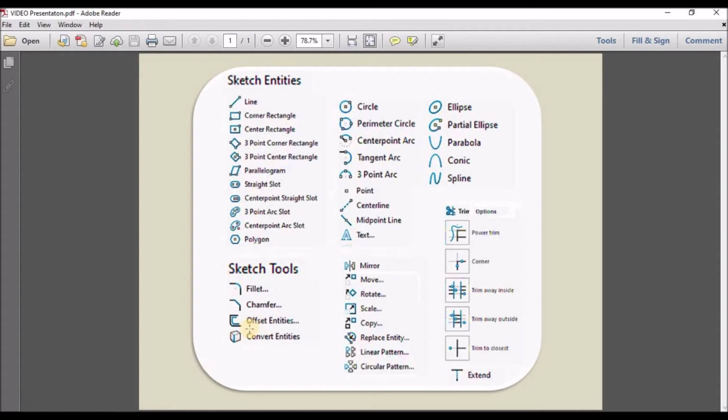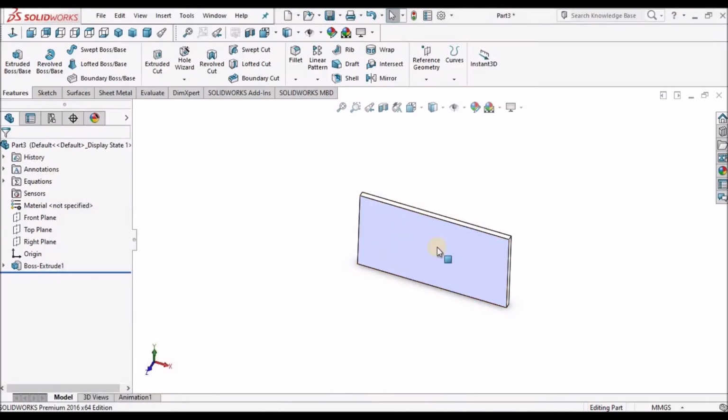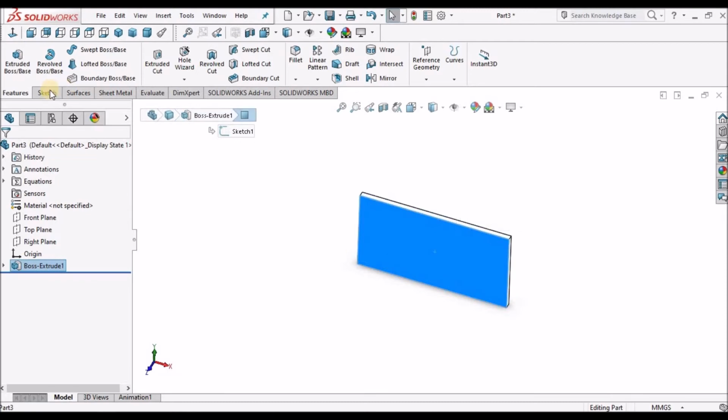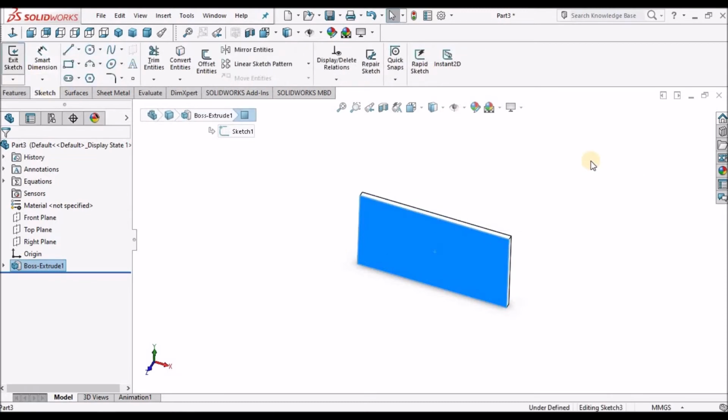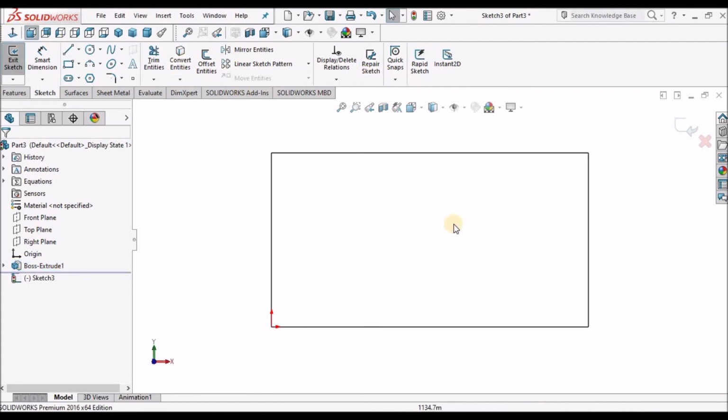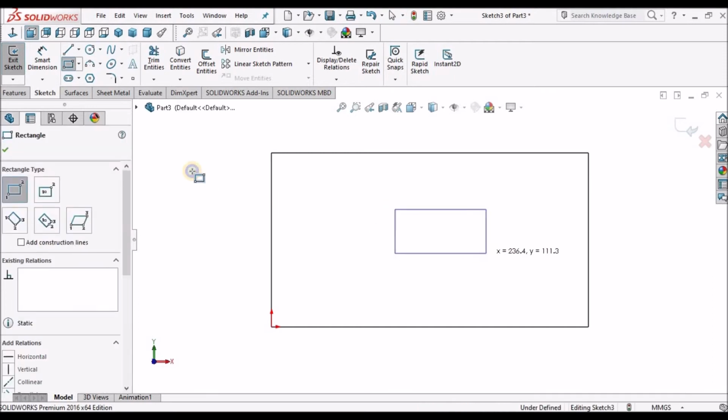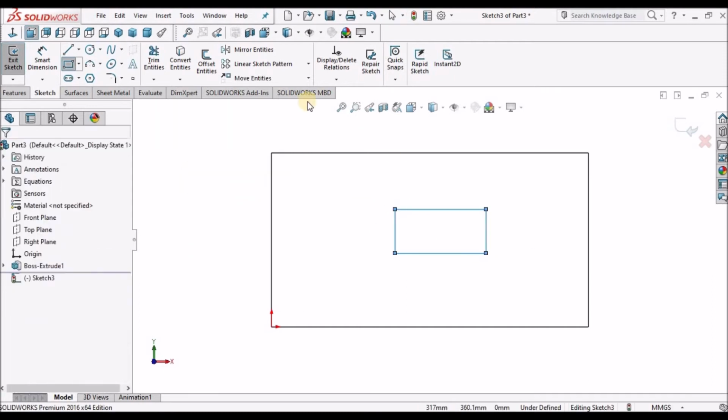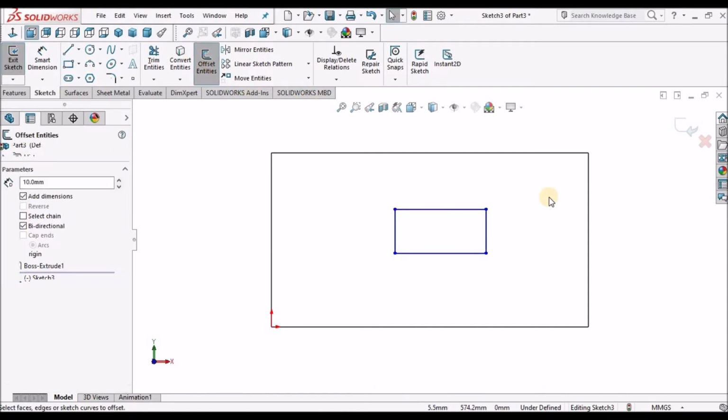So next is convert entities and offset entities. For offset entity, I'll select this face, go to sketch, keep it normal, and suppose I draw a rectangle and I can select and go for the offset option.